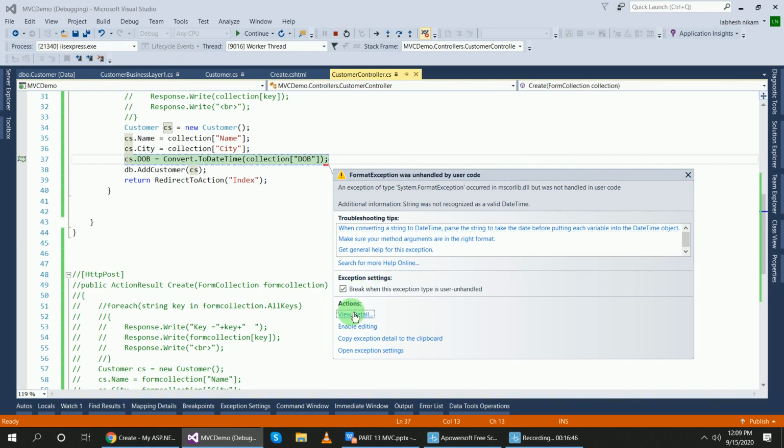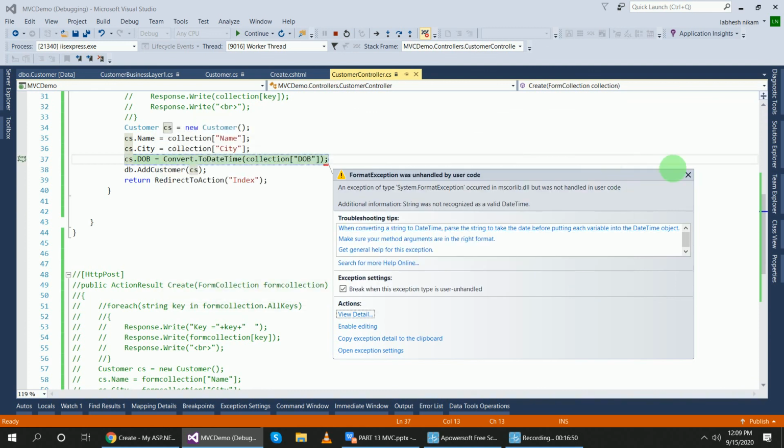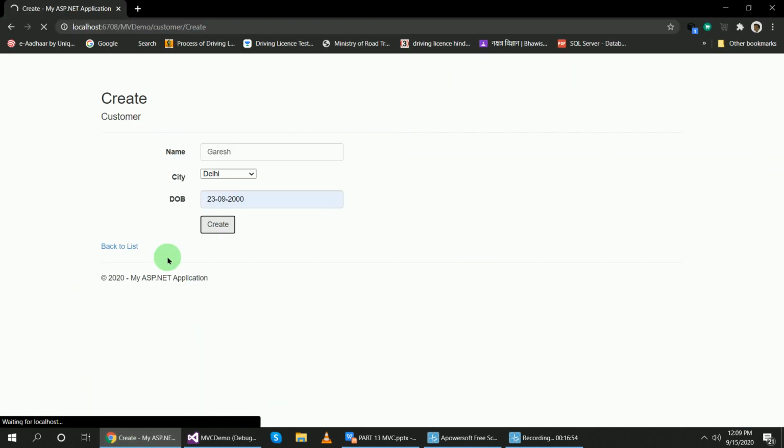Another problem is, this problem is happened because we have to use a date format like this: first year, then month, then date. If it is solved, then the problem will be solved.